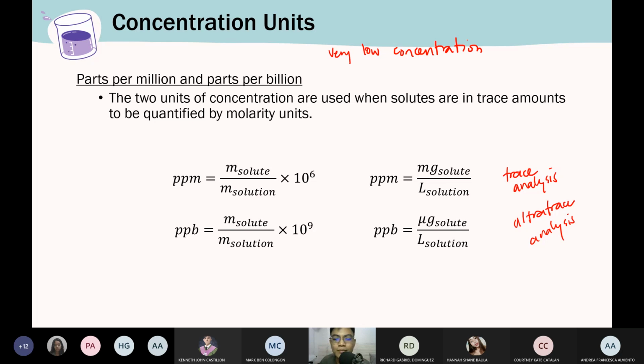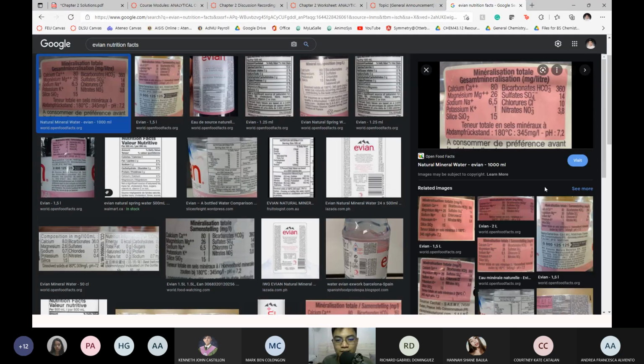Okay, so you divide the milligrams by the volume of the solution in liters, or you can use the micrograms divided by the volume of the solution in liters. So madali lang equation niya, mass divided by volume lang. Okay, let me share just a short story. I don't know if you could still recall, but around